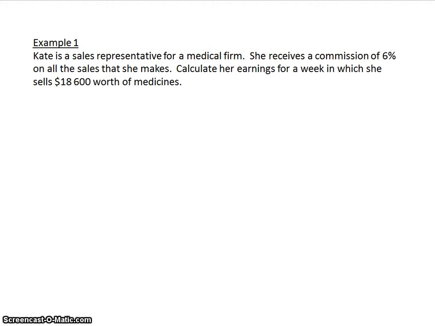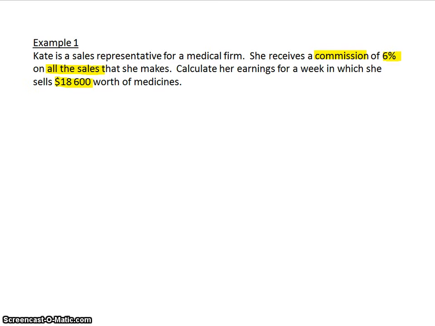Okay, we're now looking at commissions and we're having a look at example 1. She receives a commission of 6% on all the sales she makes. Calculate her earnings for a week in which she sells $18,600 worth of medicines. So what we're going to do with this one, we're going to make a start on